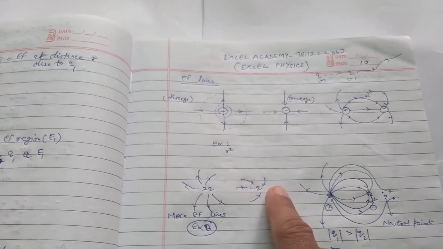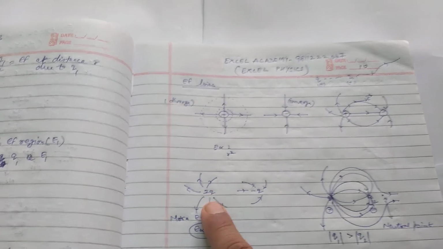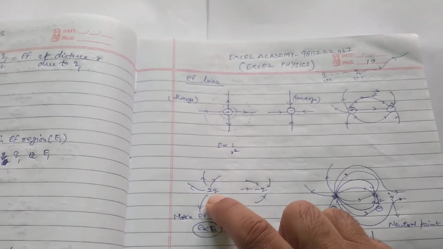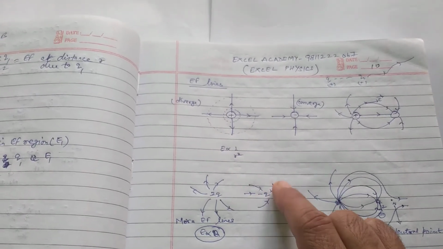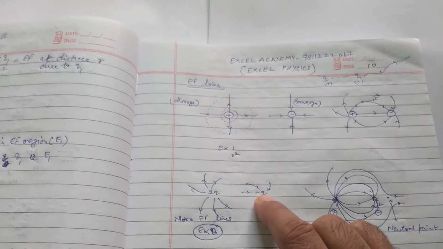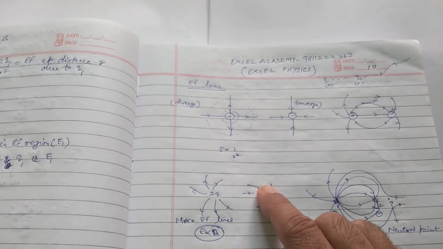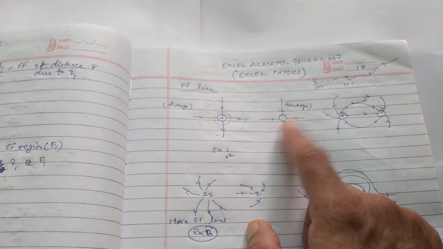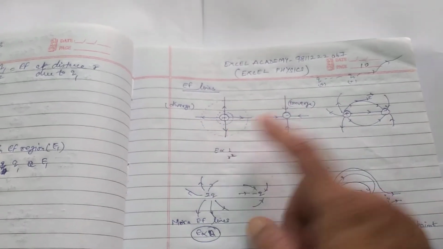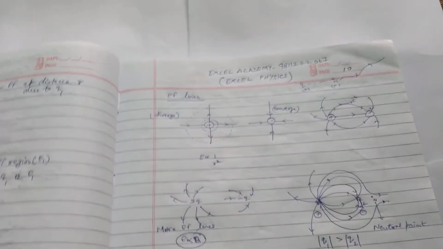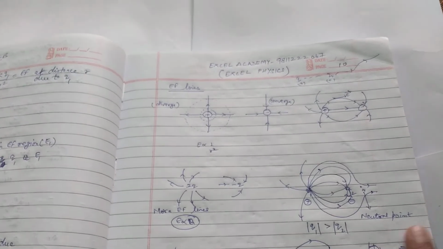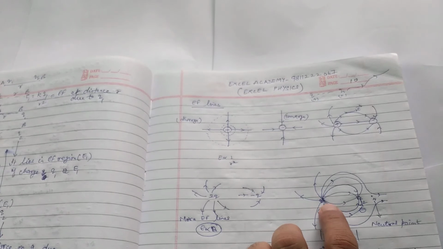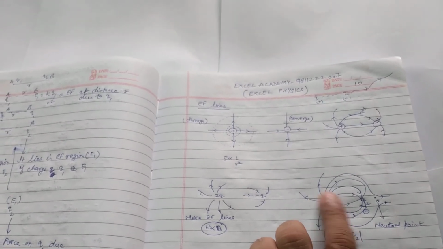And you can say in this manner that this direction is away from the source charge, so this is a positive charge, and this direction is towards this charge, so it means this is the negative charge, because we just learned that electric field lines terminate at negative charge and originate from positive charge. So by seeing the number of electric field lines, we can learn about the magnitude